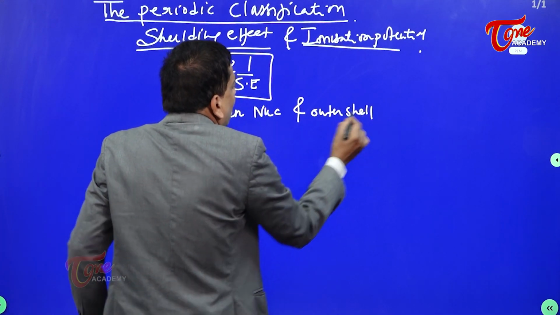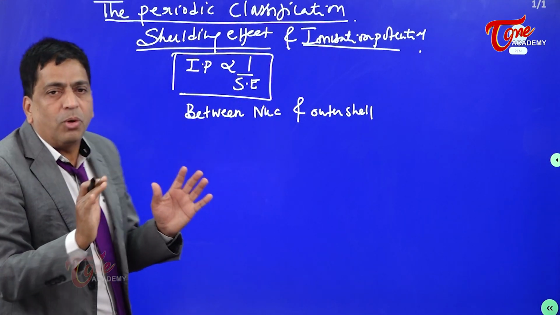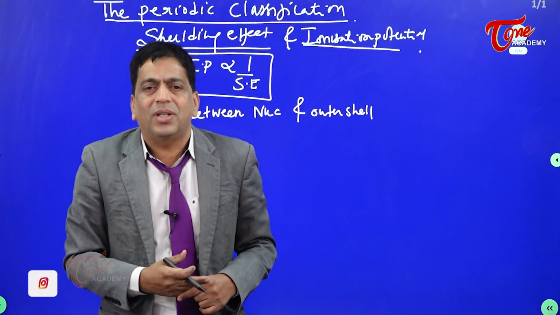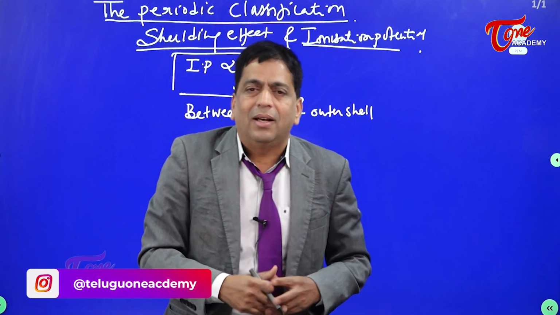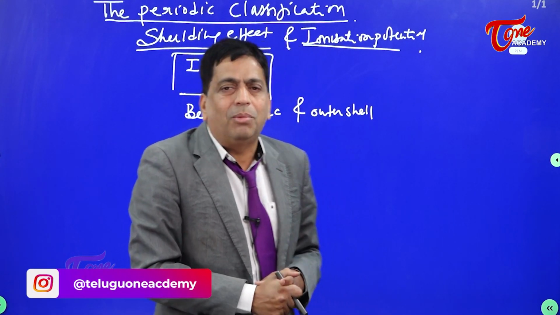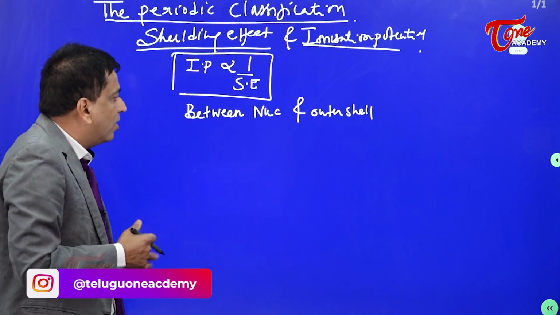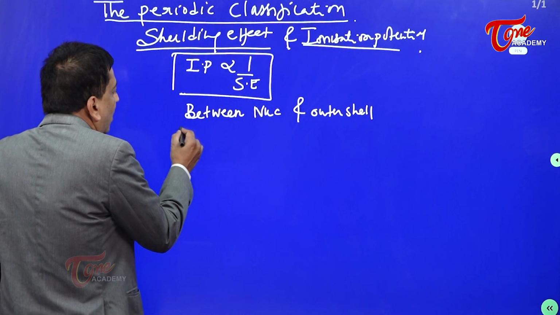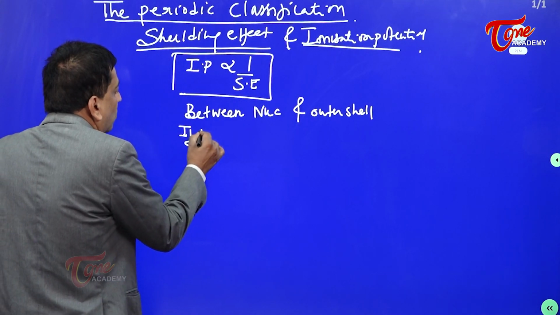Between the nucleus and the outermost shell. It's all about between the nucleus and the outermost shell. We are just interested in the outermost shell because it is only the outermost shell which will participate in the bonding. As a chemist, I'm more interested in the outermost shell. So between the nucleus and the outermost shell, if the number of shells increase,